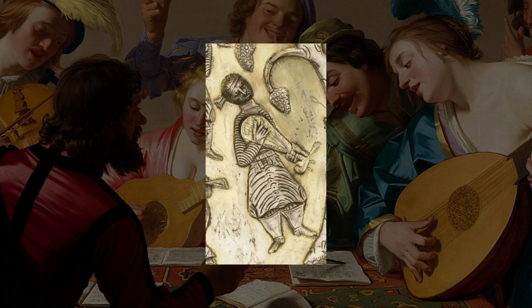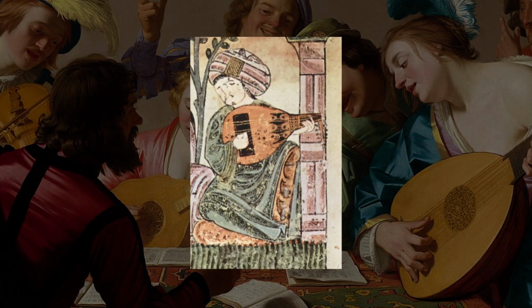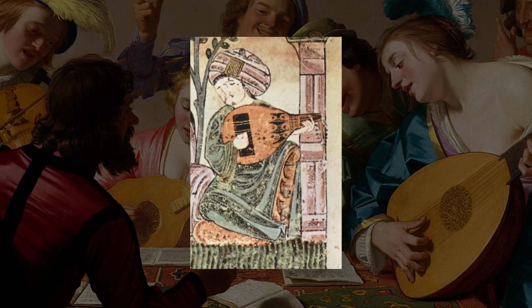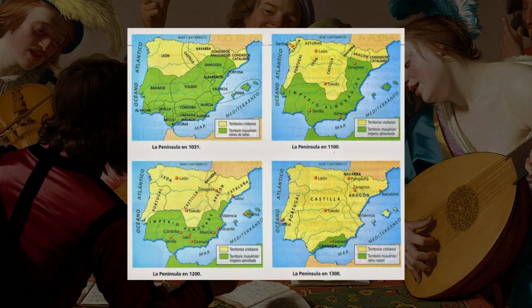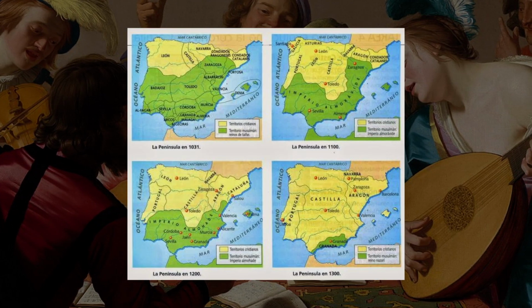The Persian barbat gave origin to the Arabic oud of the early Middle Ages that expanded throughout the Islamic Empire and eventually into the European continent. As you may know, the Iberian Peninsula was partially under Islamic rule from the 8th to the 15th century, and this led to a huge Arabic and Maghrebin influence on the region, also in Europe as a whole.